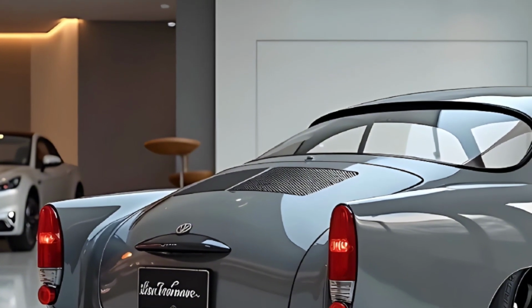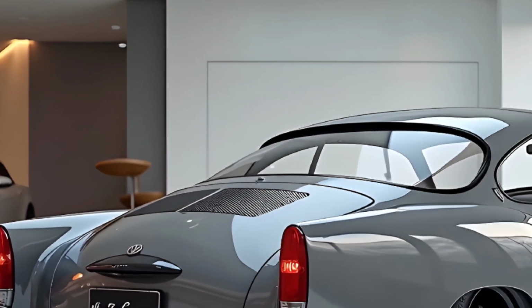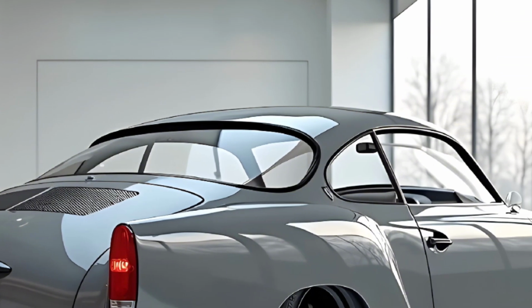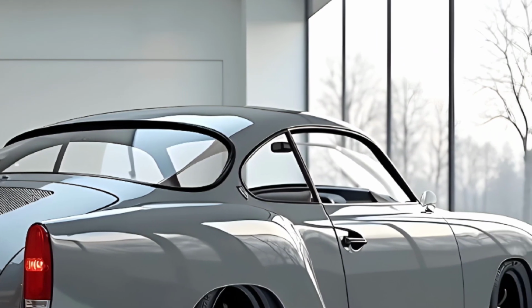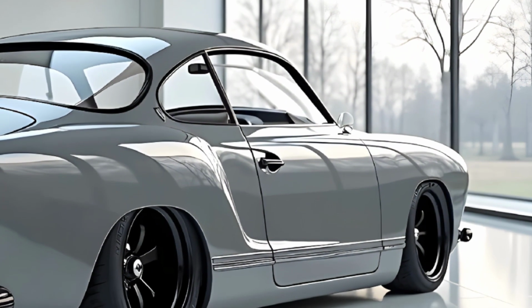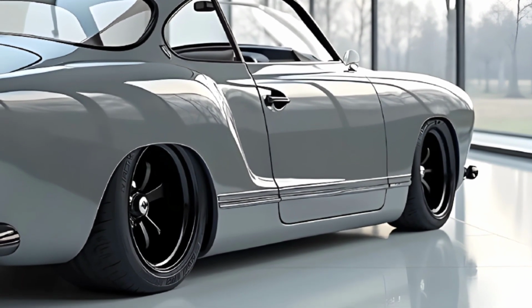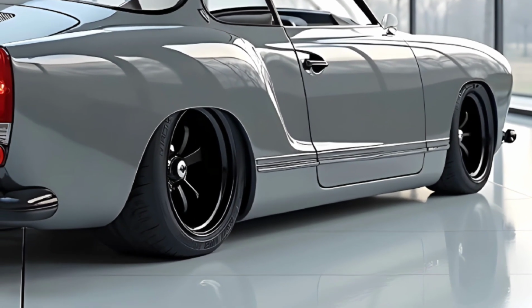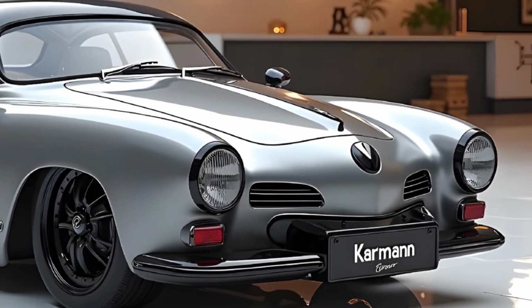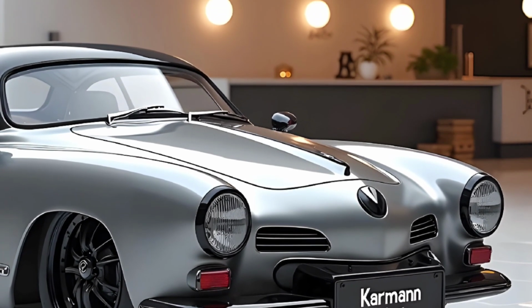Comfort is a priority here. The seats are sculpted and supportive, upholstered in high-quality leather with contrast stitching that highlights the craftsmanship. They're heated and ventilated, ensuring comfort no matter the weather. The cabin materials go beyond just leather. Soft touch plastics, brushed aluminum accents, and even some wood trim options are available, giving the interior a luxurious, timeless